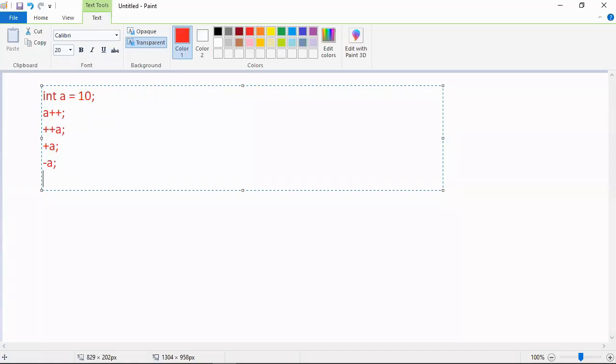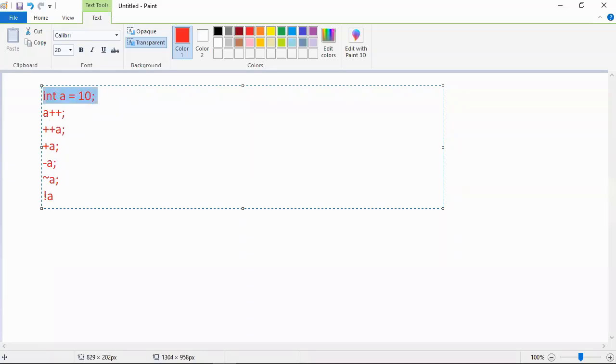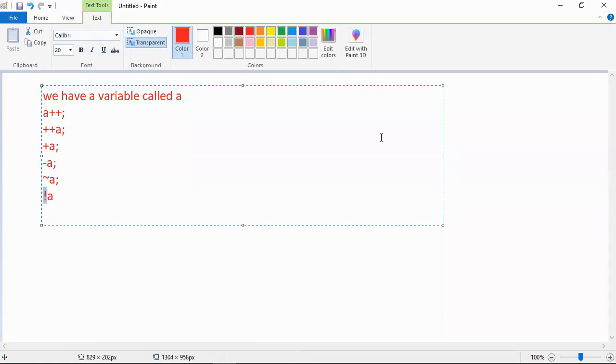Next, there is something called tilde. Tilde we can use, and it is also a unary operator. We have not, okay, not a. Don't worry about the data type. Assume that there is a variable called a. People who already know the operators chapter may get confused, that's why I'm hiding them. Right? Then next, the not operator.